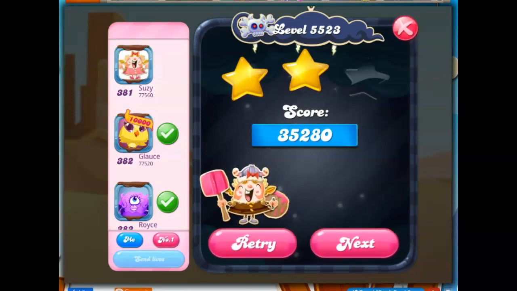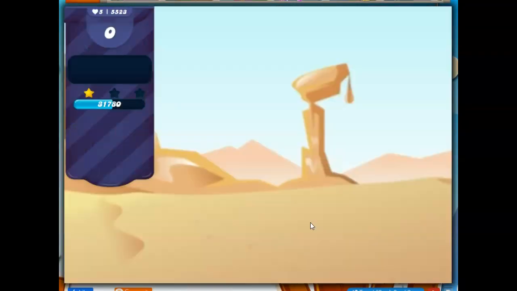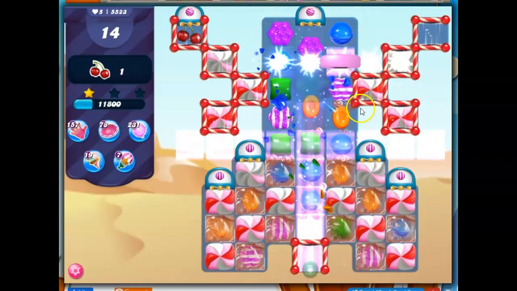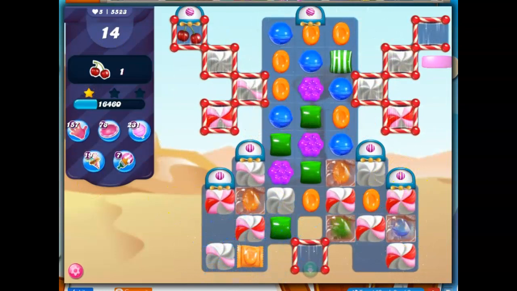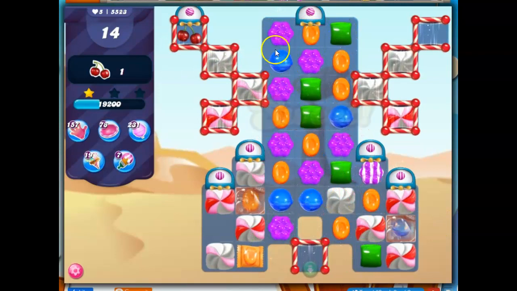Be right back. Okay, so one of the strategies I want to try is bringing in the entry boosters instead of using my lolly hammers, because to me the lolly hammers are more valuable. So what if I bring in all 3 of my starting boosters? Will I be able to clear specifically this area out really easily? I would have loved a color bomb